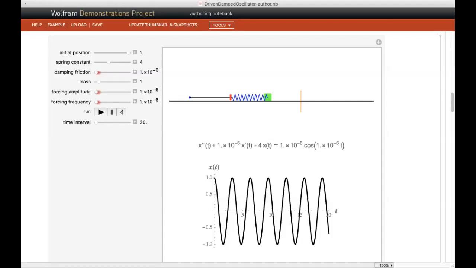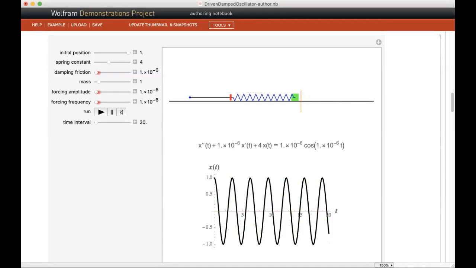Okay, hi everybody. So in this video, we're going to continue working with the mass spring oscillator that we've been working with. So for example, here we're looking at a little applet in an application called Mathematica. And this is the undamped mass oscillator, for example, where the friction damping coefficient here is pretty close to zero. I actually can't set it to zero without this app getting upset with me. So I set it as close to zero as I can, and we're getting this periodic behavior in our solutions